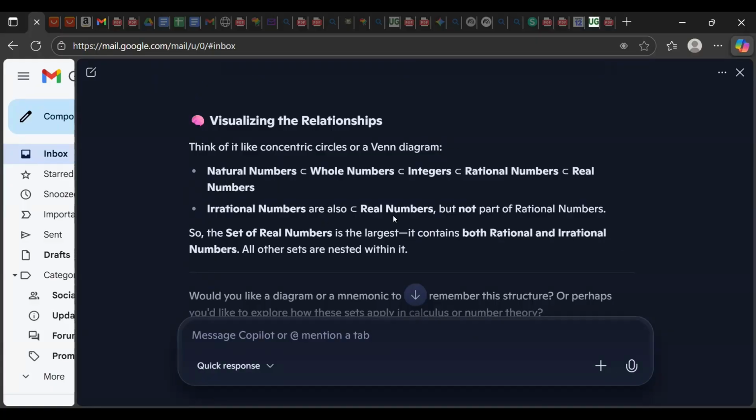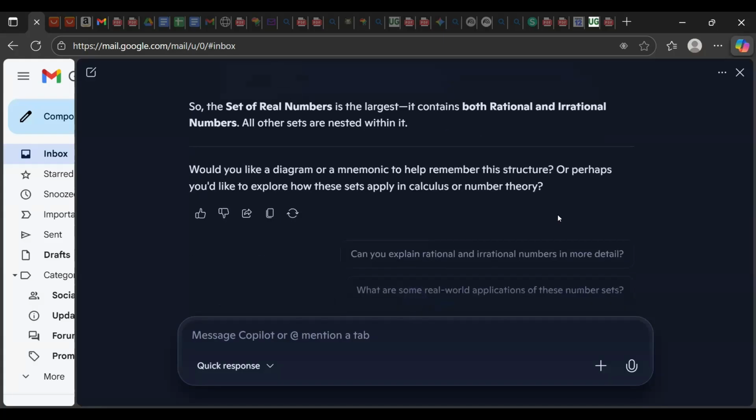Irrational numbers are also real numbers, but not part of rational numbers, right? So rational and irrational numbers both come together to form the real numbers. Yeah. So the AI can do it for you, right? But you now, you are required to,